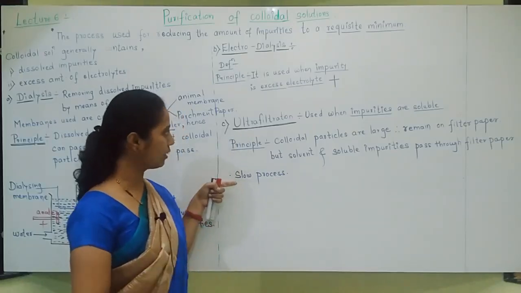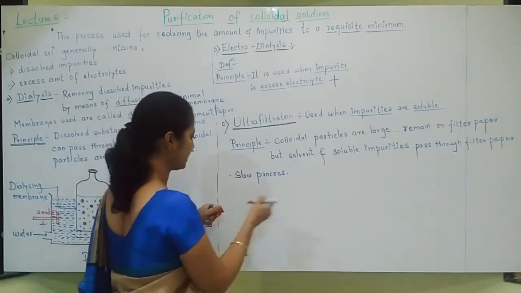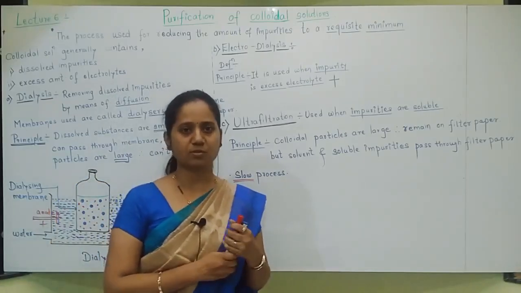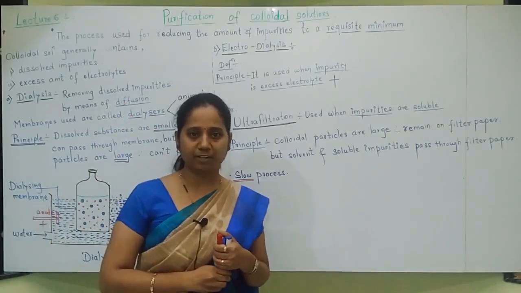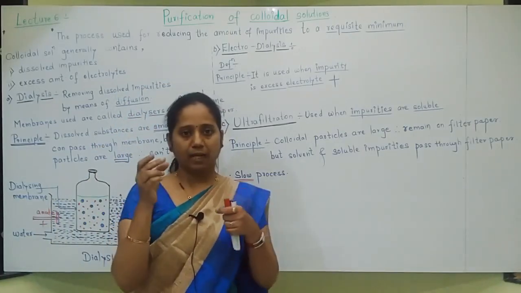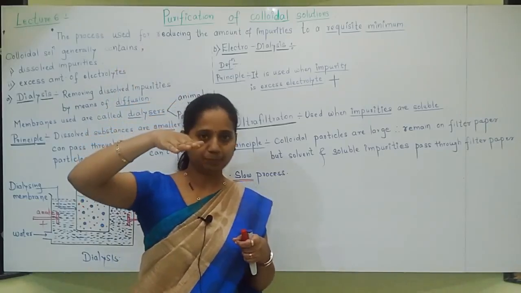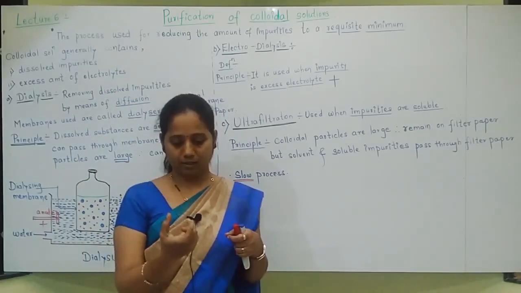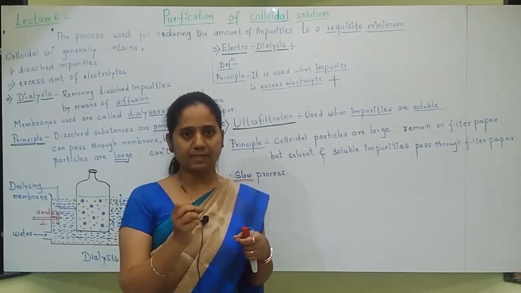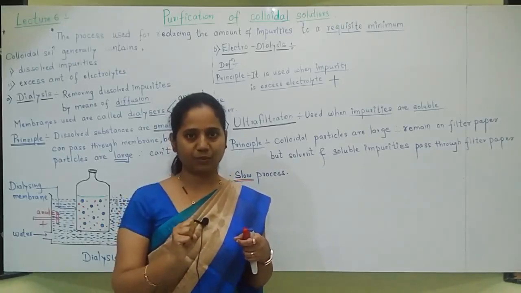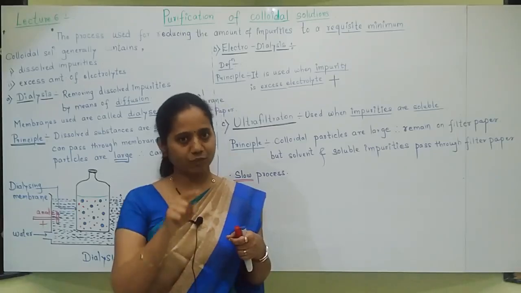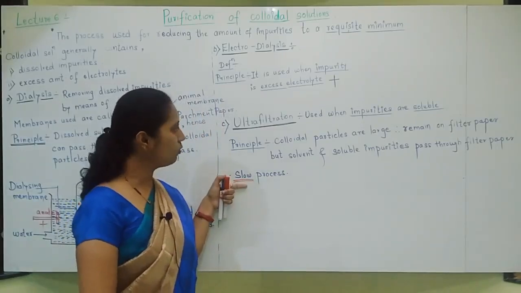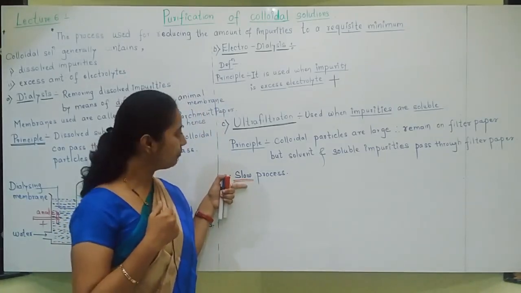Now here, students, what extra should you write? You must add the point that filtration is a slow process. Now how can we increase the speed of filtration? You can do two things. Either apply pressure from the upside, by which filtration speed will increase, or apply a suction pump on the downside. By suction also the filtration rate can be increased, otherwise by applying pressure. Like this, the slow process can be made a little faster.